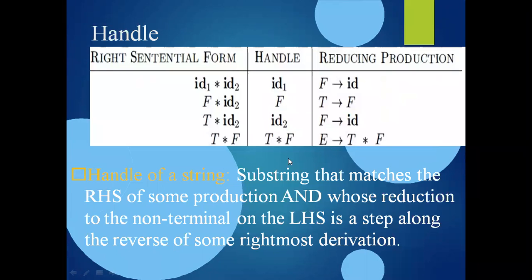And now handle T. We need the starting symbol of the given grammar, right? Handle T, and E tends to T is the production there. Write down E tends to T. Now this right-hand side T is replaced by its left-hand side variable, E. What does it mean? Finally we derived the start symbol of the given grammar from the input string ID1 * ID2.